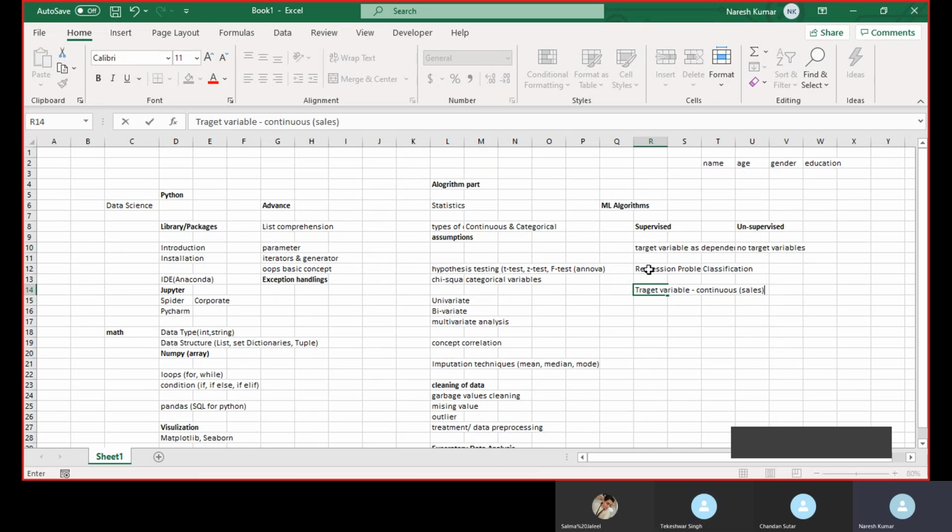We need to predict the sales of Walmart for the next 6 months, so we will use a regression technique to do the prediction. In this set of algorithms that we use is linear regression.